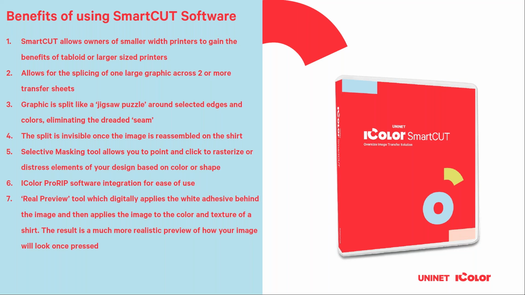But the way that we split is that when you split it around these edges and colors and then further knock out a color, like let's say you're going to knock the black out after you split, then you kind of have like a floating seam that you'll never see.